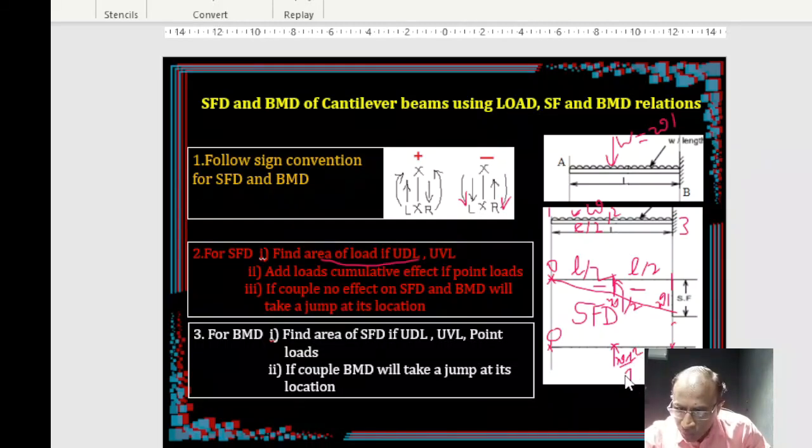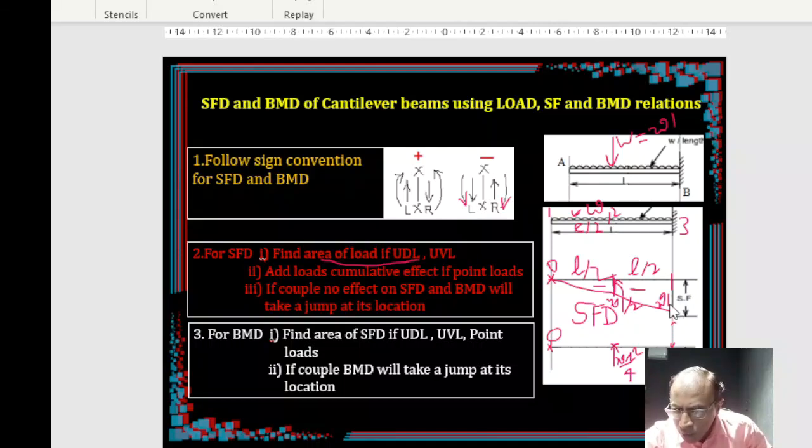Similarly, if I want the ordinate here, you can put this entire area between here to here. So what is that? Here base is L and this particular height is this whole triangle I want. So WL times total, WL is the ordinate here, right? This is WL and what was the distance now? This whole distance, right? L by 2, right? So half times,